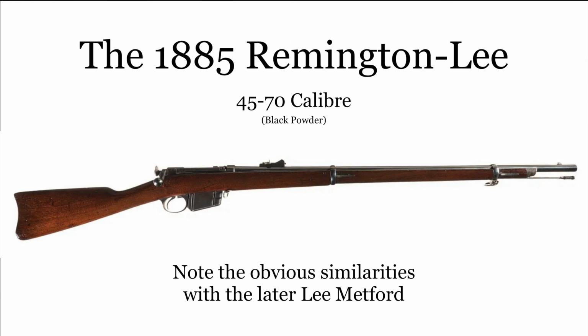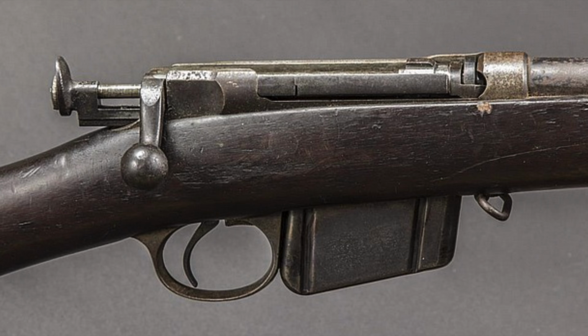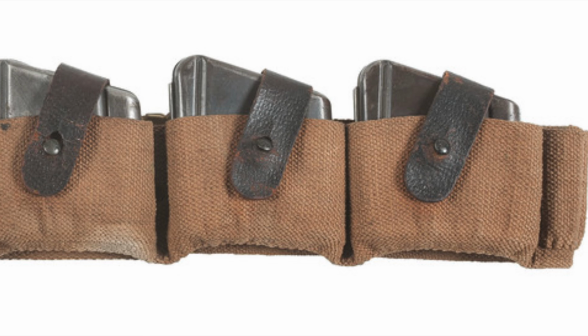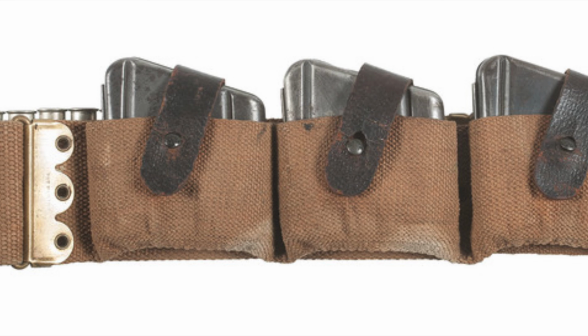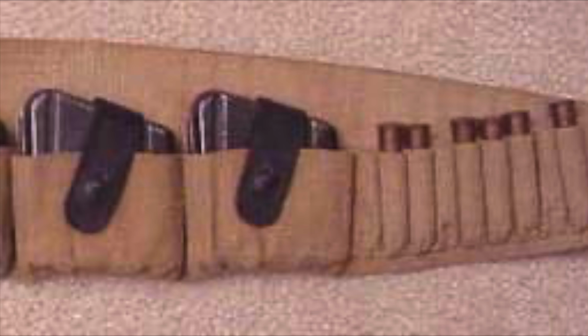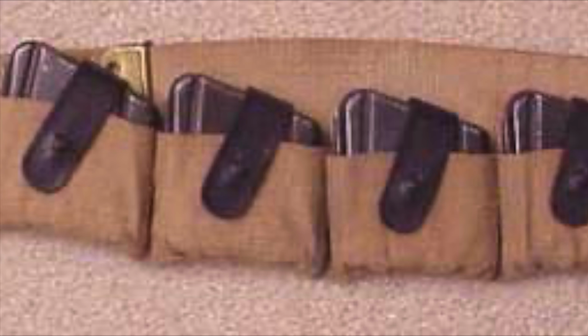Now, there were other magazine rifles in development or actually in service elsewhere, but none had a removable magazine. One of the tenets of this system was the ability, and indeed the intent, to have soldiers equipped with multiple magazines, thereby obviating the need to refill the magazine, instead swapping it wholesale for a full one. Today, we might think of this as being completely pedestrian, but in the 1880s this was a quantum leap in